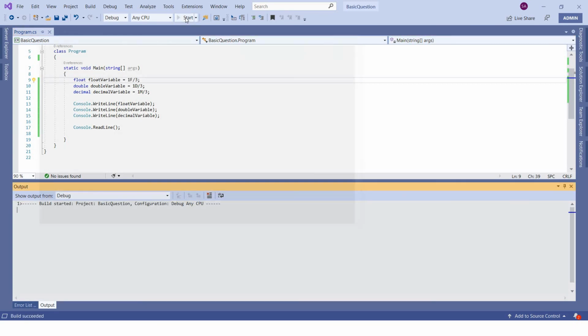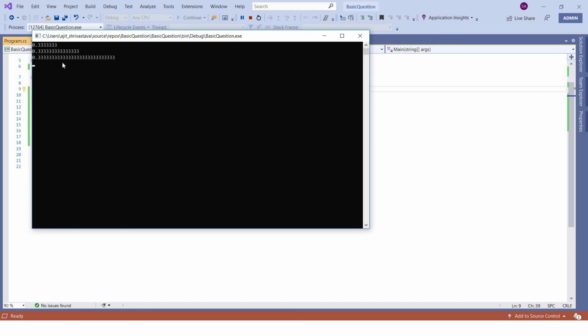If you run this, now you can see what the difference is. As I mentioned, float has less precision, meaning float has less capacity to store the number of digits after the dot. For this example, float is giving you just seven threes. So after the dot it is capable of storing only 7 digits. But if you see the double value, it has more threes. That means its precision is higher compared to float values, but lower compared to decimal values.